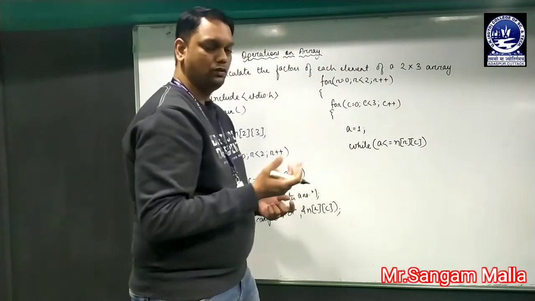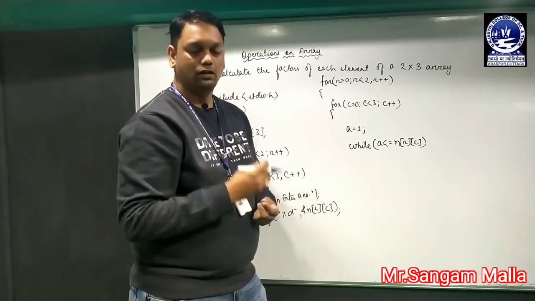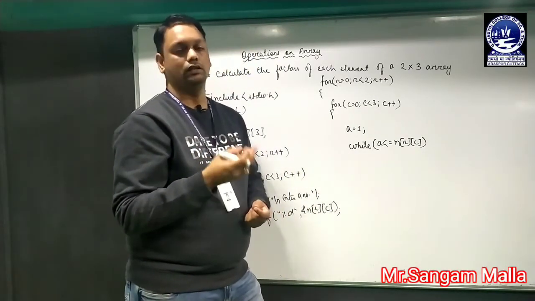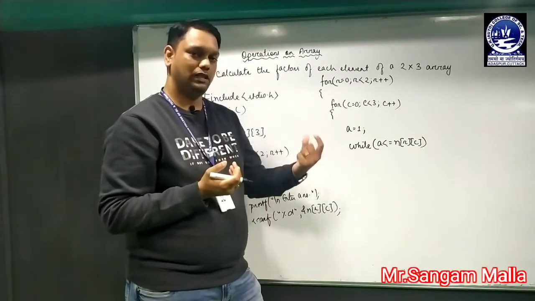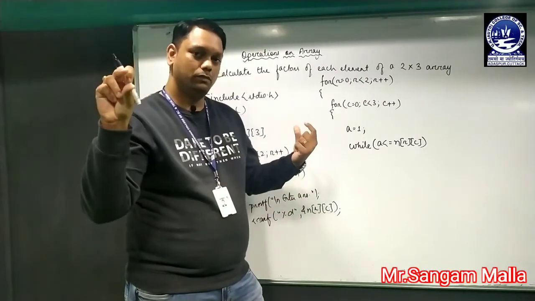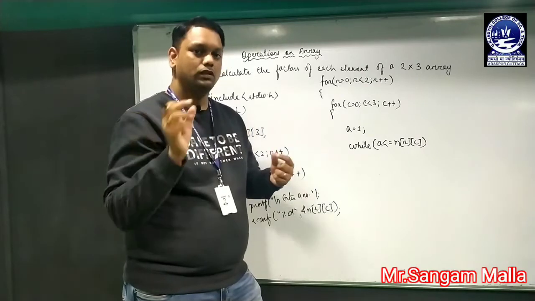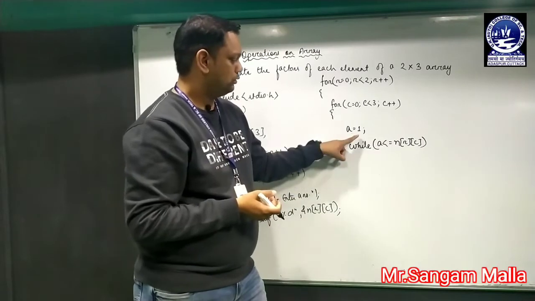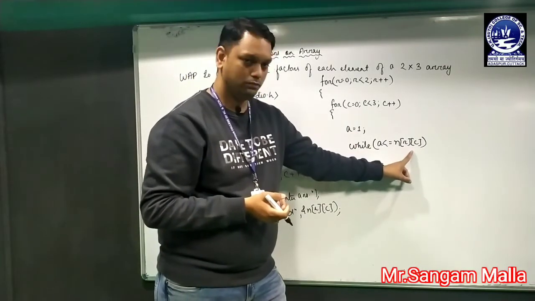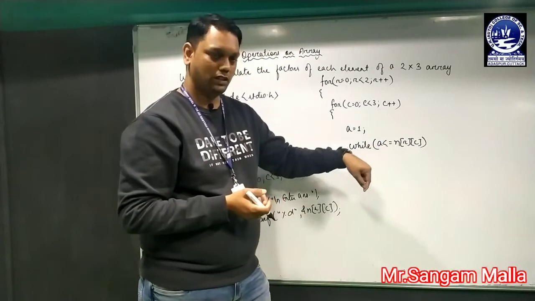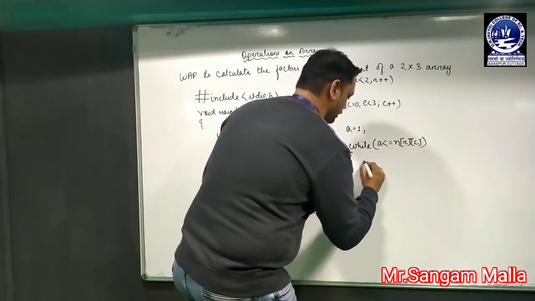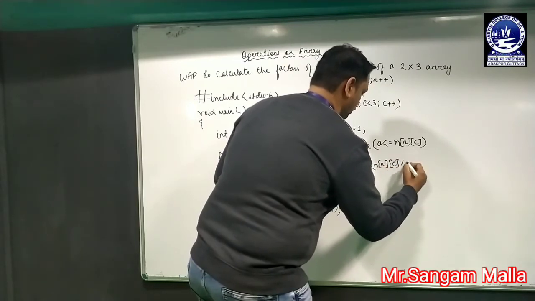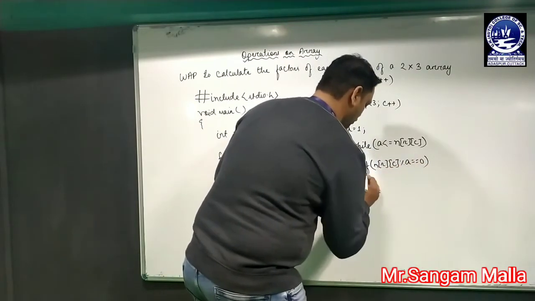That means, as we know, suppose let's say I have taken a number 8. So what are the factors of 8? The factors of 8 are 1, 2, 4 and 8. That means any number we are taking, the factor always starts from 1 and moves up to the same number, and in between, the numbers which divide the original number are the factors. So the loop will start from 1 and move up to the original number. Now it will check whether n of r c modulo a equal to 0, then it will